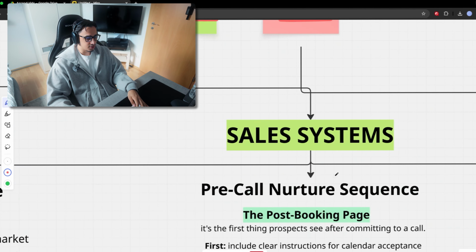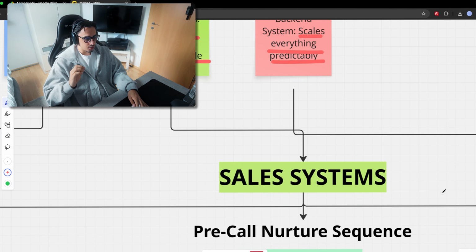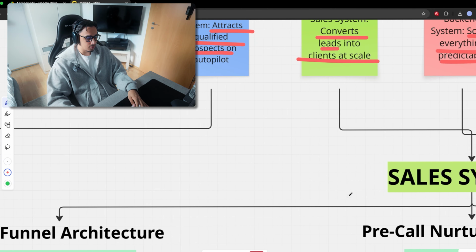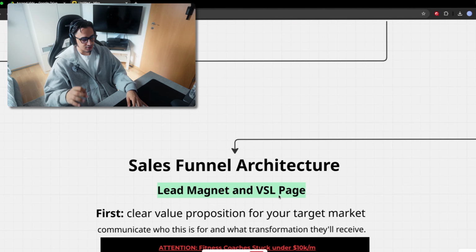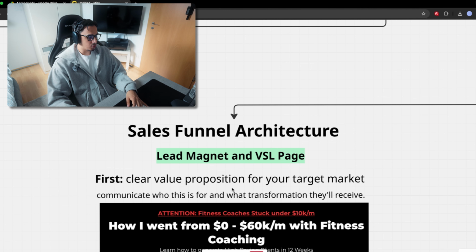Next, we go into the sales system. This is where most people lose money because they don't have a proper system set in place. So let's talk about the sales funnel. Your landing page has 4 critical components. First, you need a clear value proposition for your target market, so communicate who this is for and what transformation